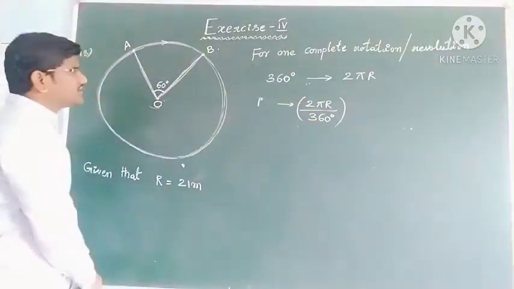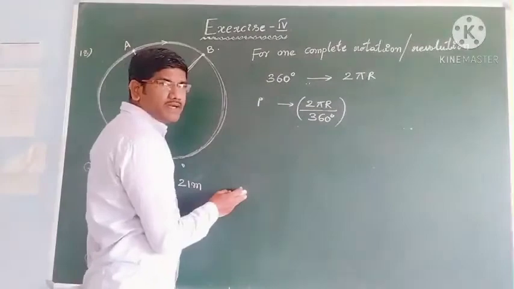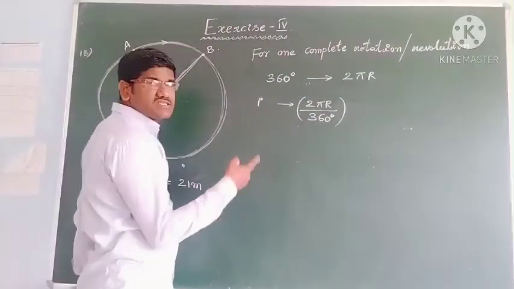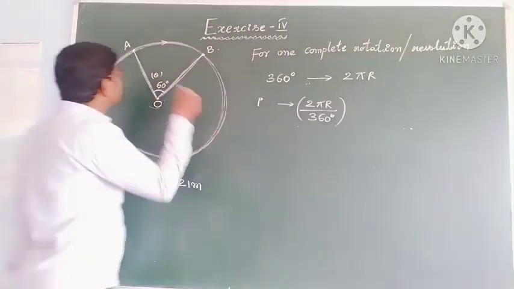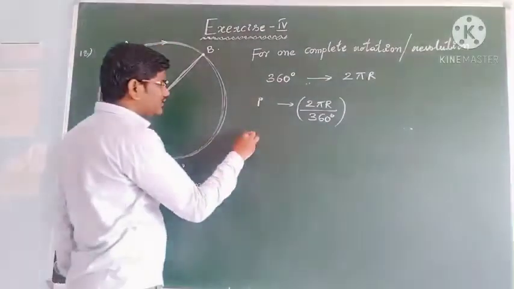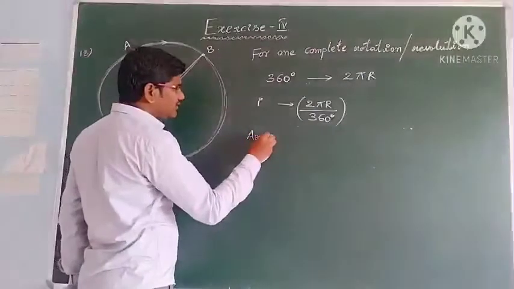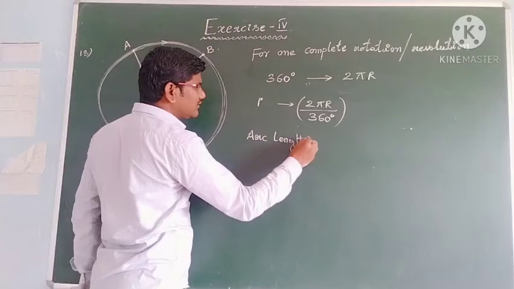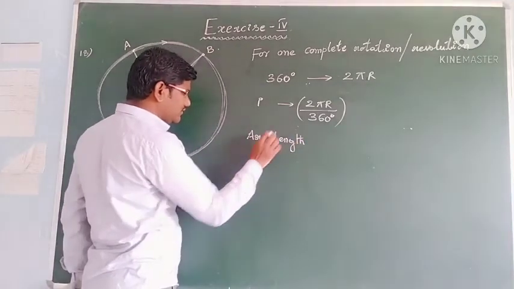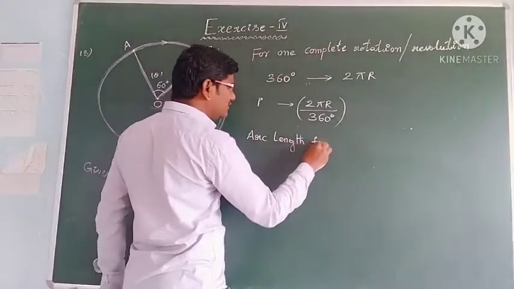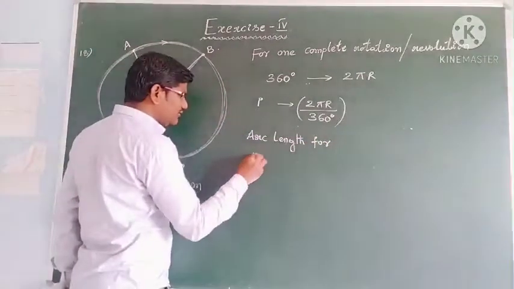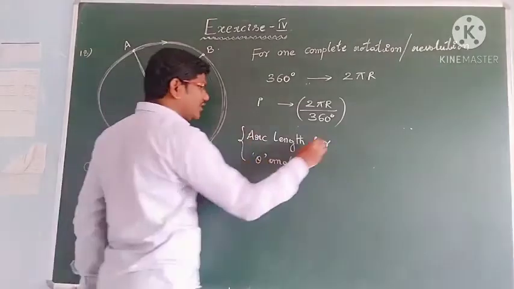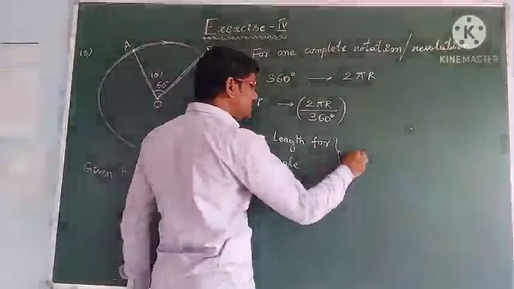Okay, students. Then for a particular angle theta, what is the distance? That is called arc length. This arc length I want. So arc length for theta angle is equal to...